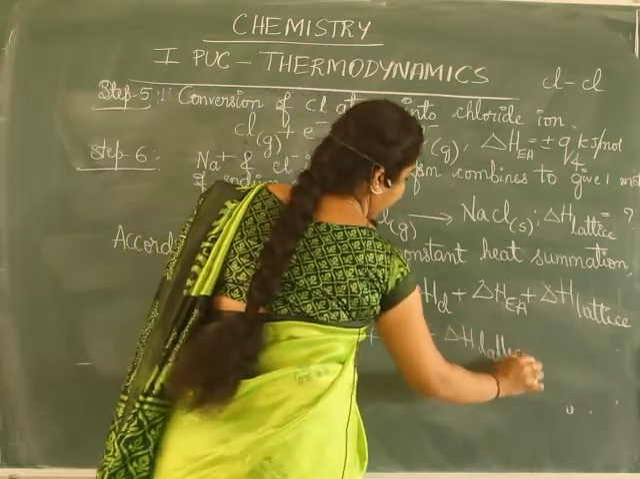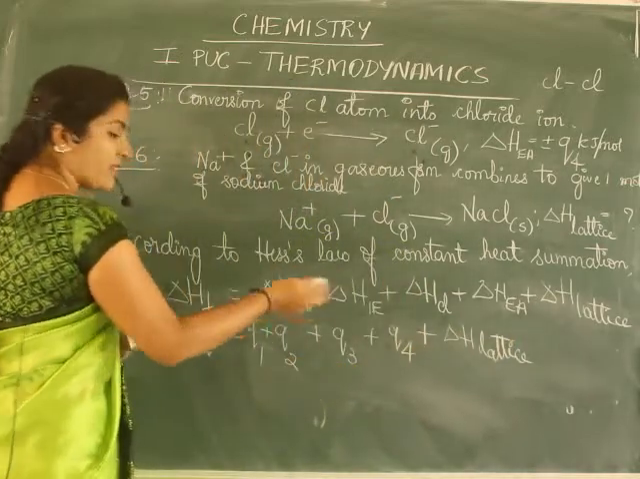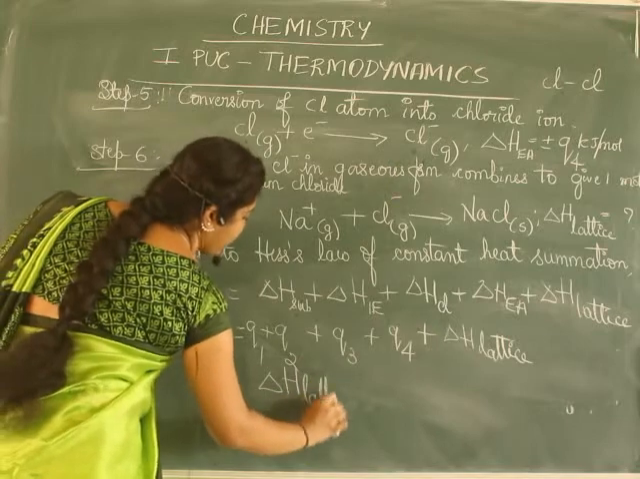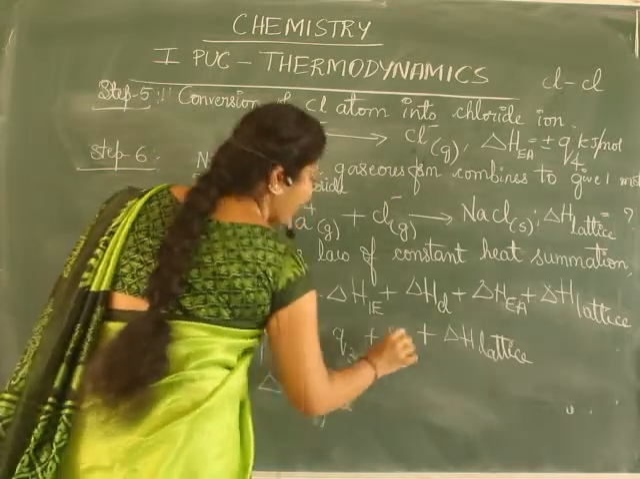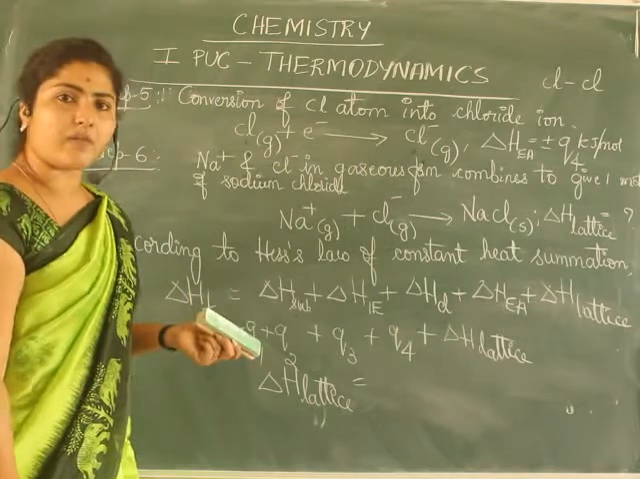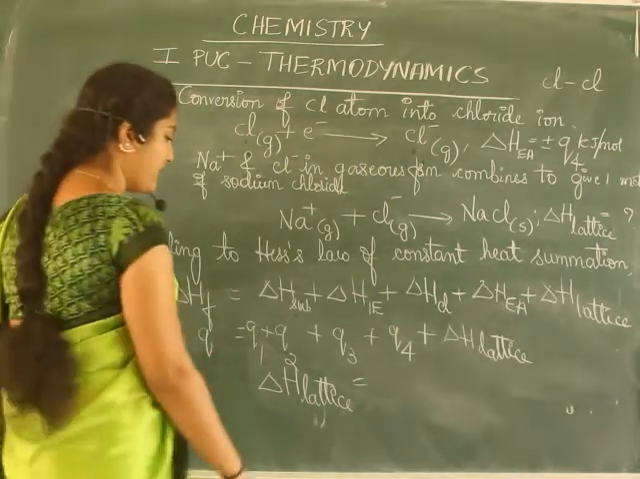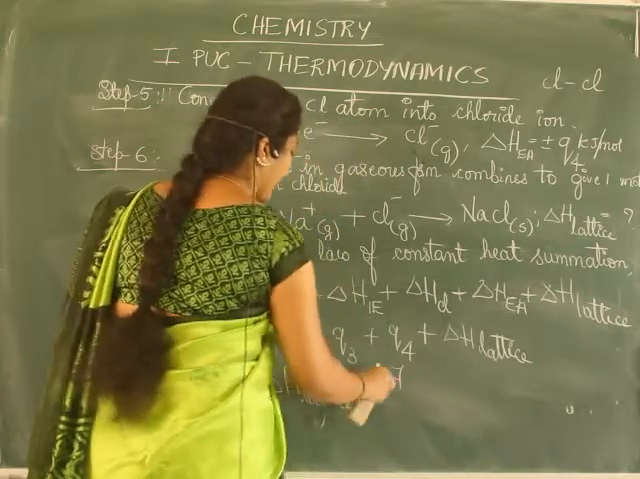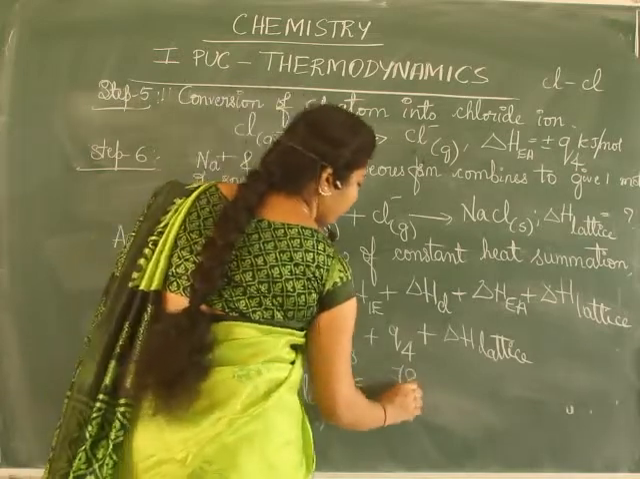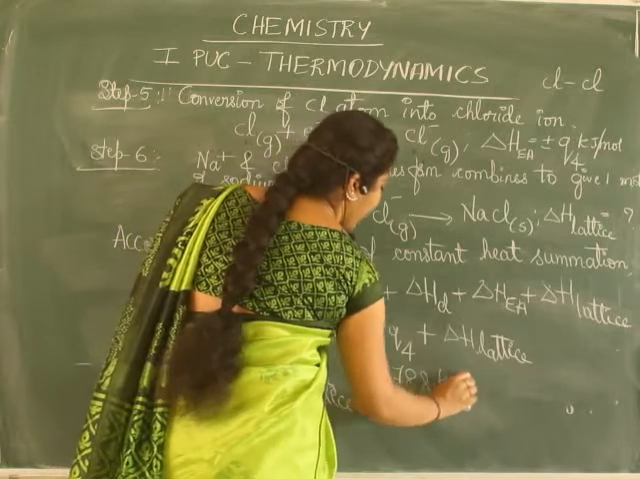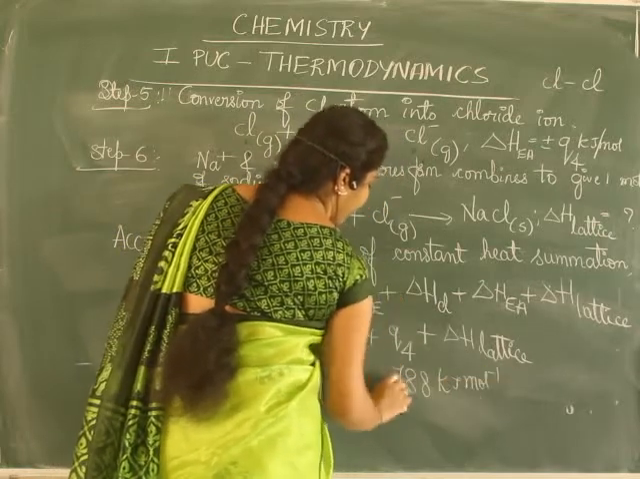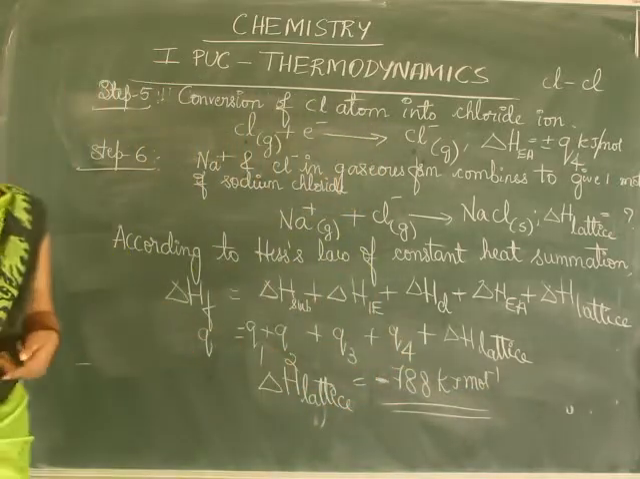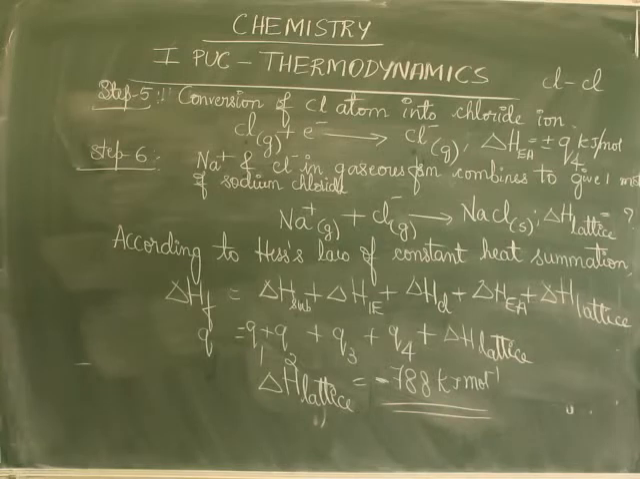We do not know what is lattice enthalpy here. Now, after substitution, you can arrive at the value. Therefore, delta H of lattice, I have mentioned it as 788 kilojoule per mole. Sorry, minus 788 kilojoule per mole, since it is energy liberated. So this is about Born-Haber cycle,